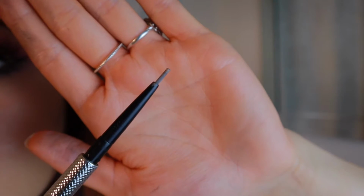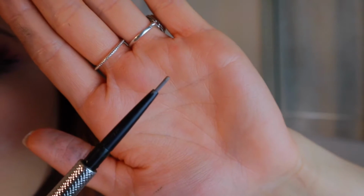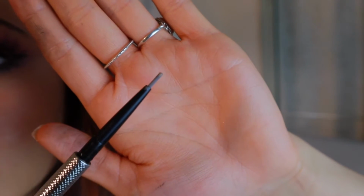The Benefit pencil does come in two varieties. It comes in the Precisely My Brow and the Goof Proof. I use the Precisely My Brow, which is a thin tip, and the Goof Proof is a thicker tip, which is more like the Too Faced Pomade in a Pencil that I'll be trying today. For instance, here is the size of the Precisely My Brow pencil that I will be judging the Too Faced